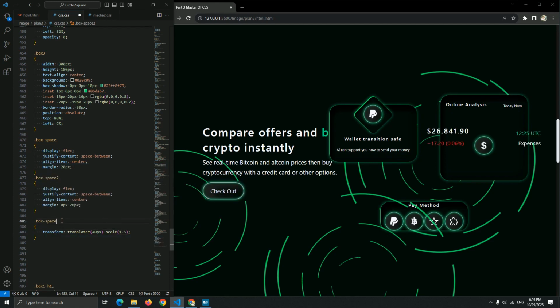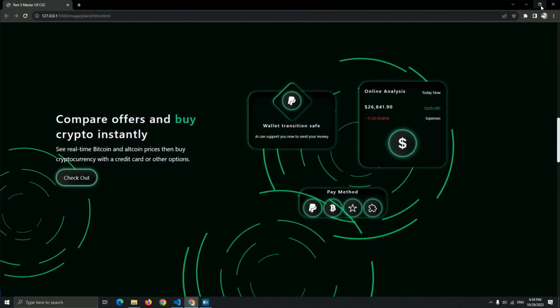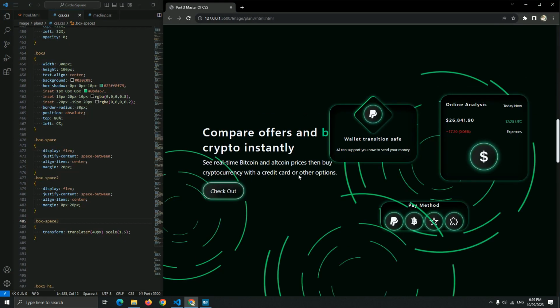Let me do this box space 3 for this icon, as you can see right now, guys. If you think this is big, you can just resize it, but as you can see, this is a live server, and I just resized it to this max width. But yeah, this is the box space 3.